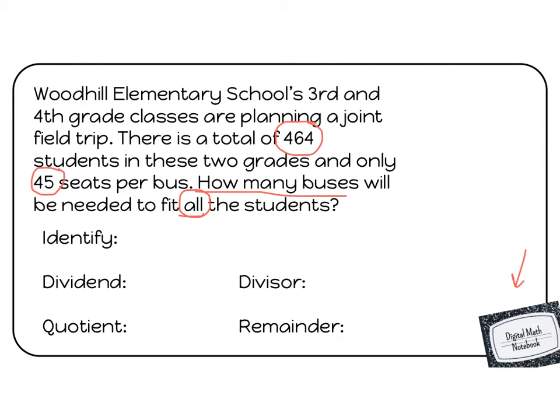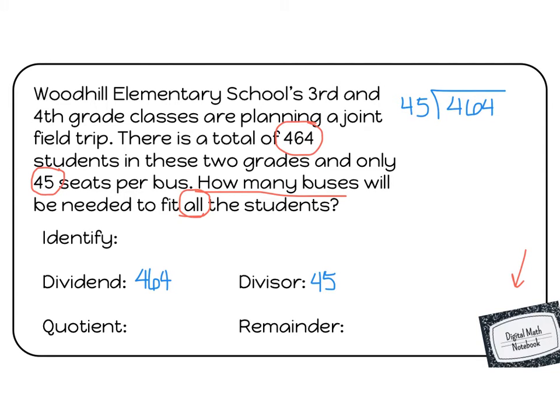So before we divide this time, let's go ahead and identify our parts. Our big number that we're going to be dividing is 464. Our divisor, that's how many people we can put on a bus, is 45. Now before we have the quotient and the remainder, we'll have to divide. So we have 464 divided by